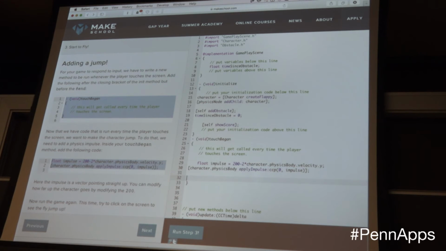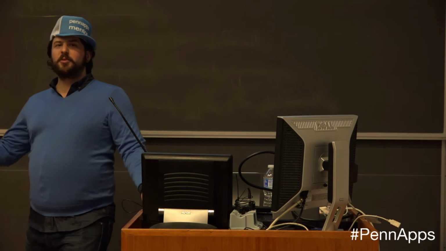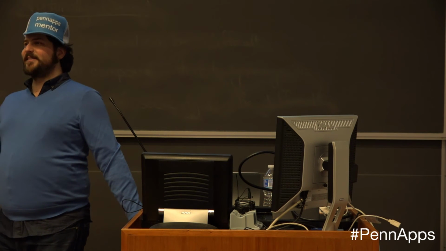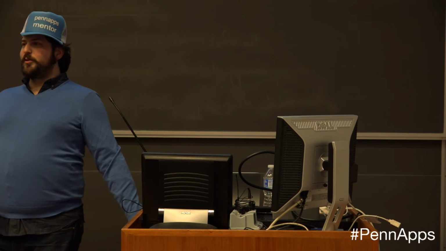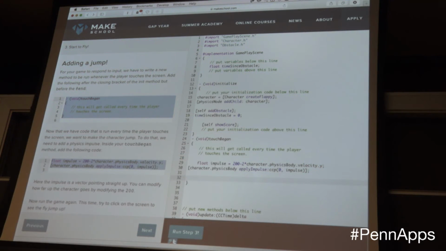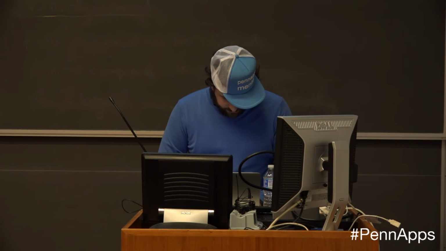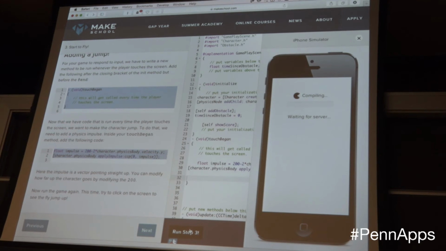One of the things that students definitely learned over the course of the summer program about this physics library and other physics libraries is that you don't just want to monkey with something by manually setting its velocity, because that doesn't give you realistic physics. What you do is you give things impulses, like it jumps. And when it jumps, it factors in the new impulse along with all the existing things happening on the physics body. So now we should be able to play Flappy Bird and make billions of dollars in the App Store.